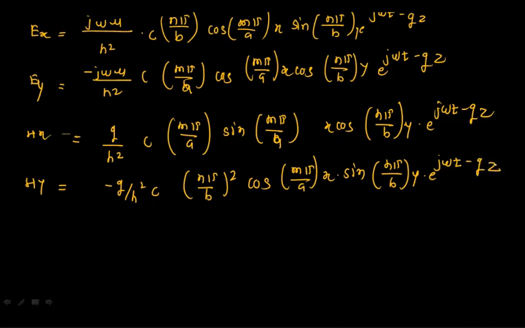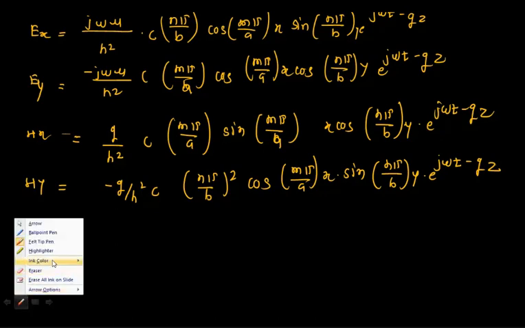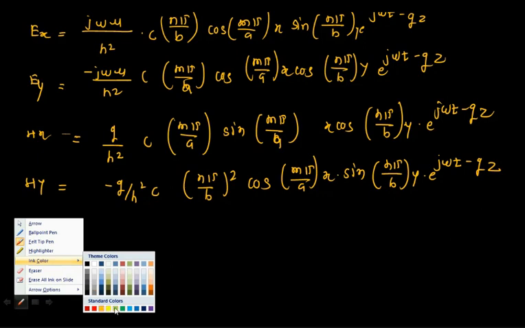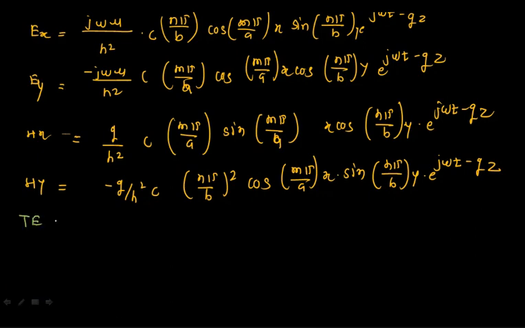So I have analyzed my TE wave to understand how many modes there are. This is very important when it comes to the mode. First I'll put the 0 0 mode. If I'm going for the 0 0 mode, the TE 0 0 mode, in this mode I'll have m equal to 0, n equal to 0. If you put 0 0, you have n multiplied with all these things.